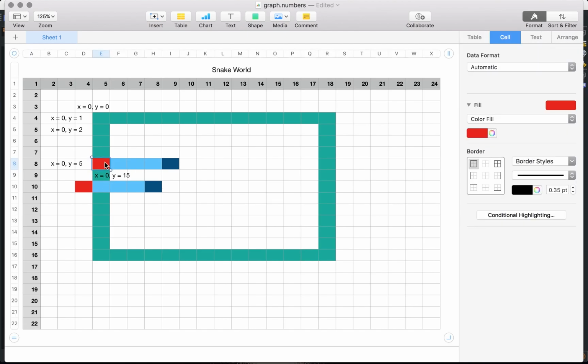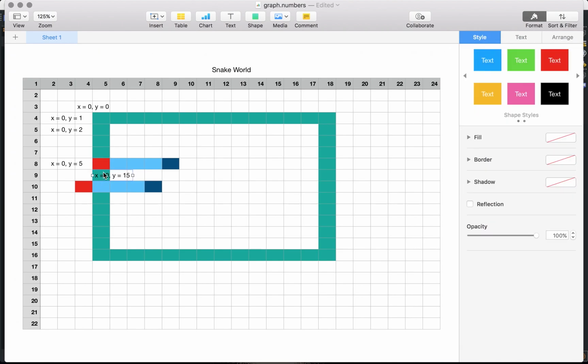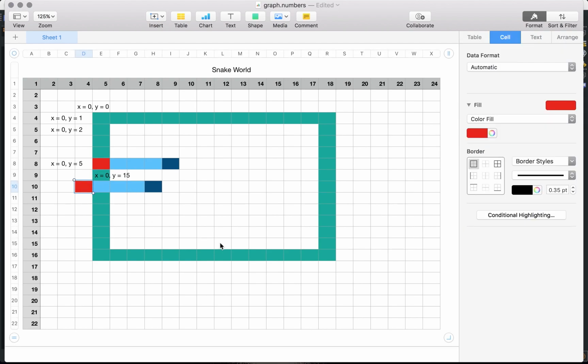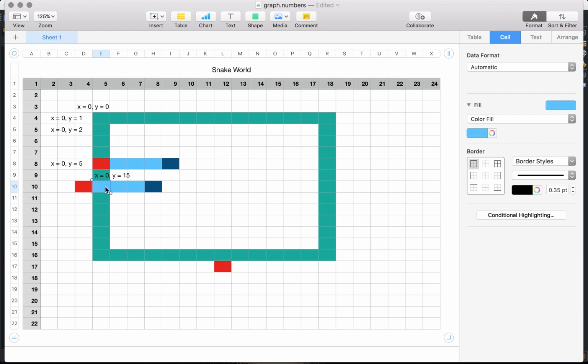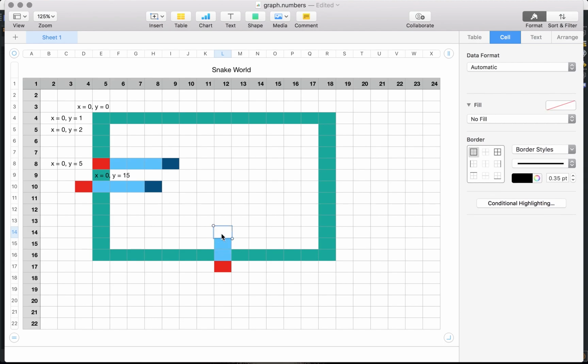If the head's x is equal to 0 or less than or equal to 0, it means that it collided with our left wall. Now if the head is more than, copy, paste, let's paste it here, and